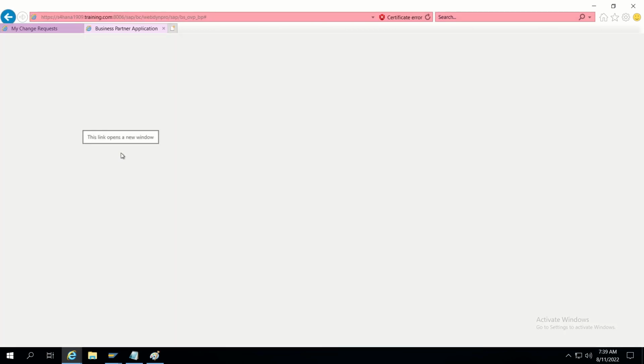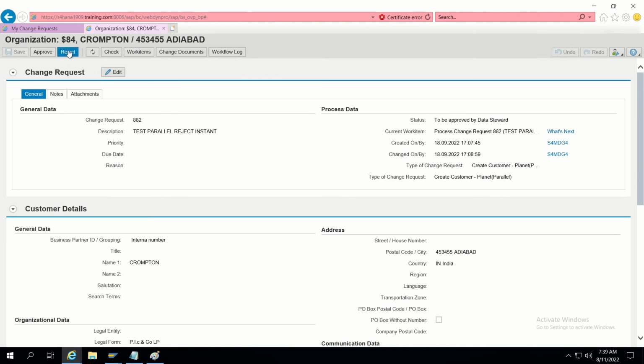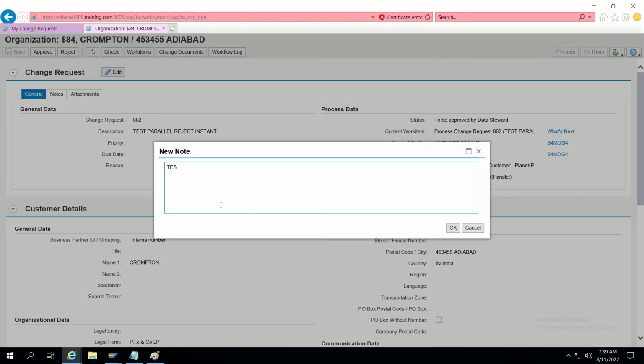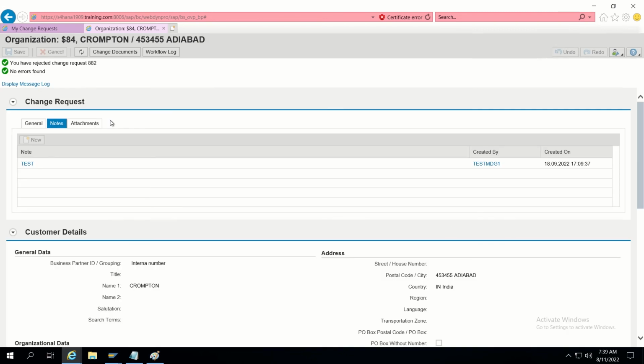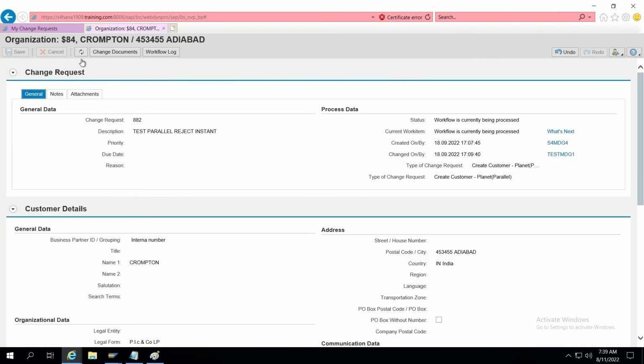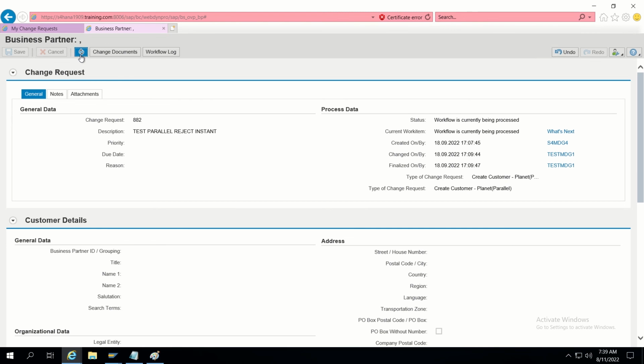It should go to final check approved as soon as I reject. So I reject, giving some note, and reject. Success. So this got final check rejected as soon as I clicked on the reject button here without waiting for other